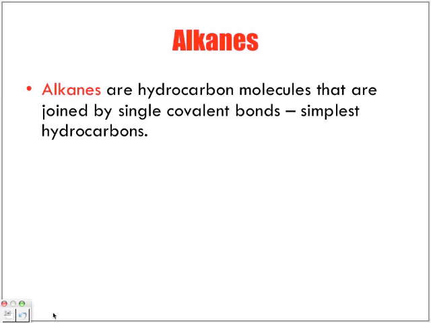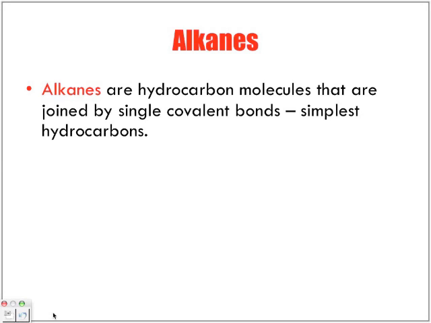Alkanes. Alkanes are hydrocarbon molecules that are joined by single covalent bonds. Pretty much these are the simplest hydrocarbons, and these are what we're going to look at today, naming. So these simple hydrocarbons only contain single bonds between the carbons. And obviously you cannot form a double bond with the hydrogens because hydrogen has one valence electron, and so it